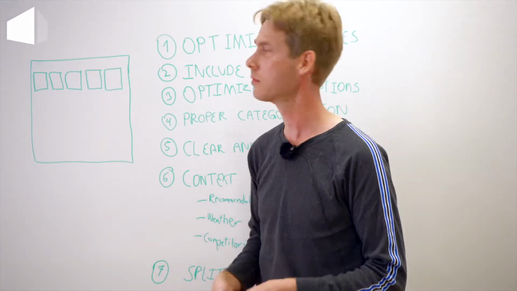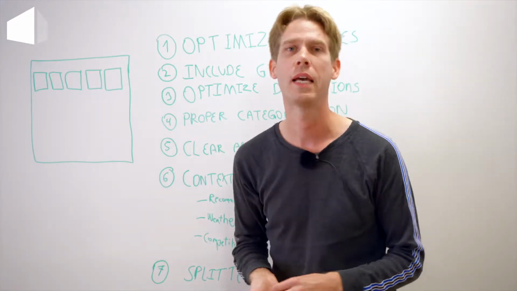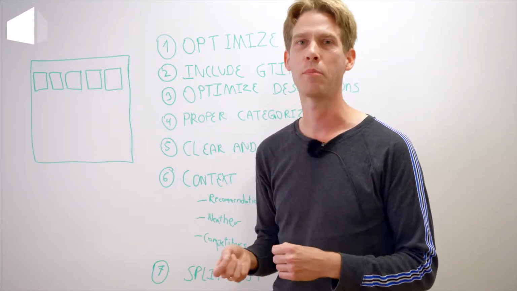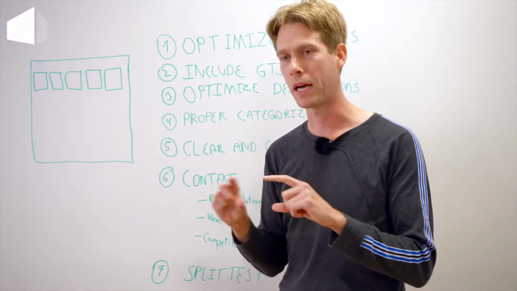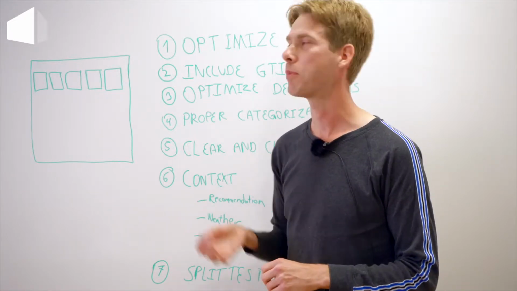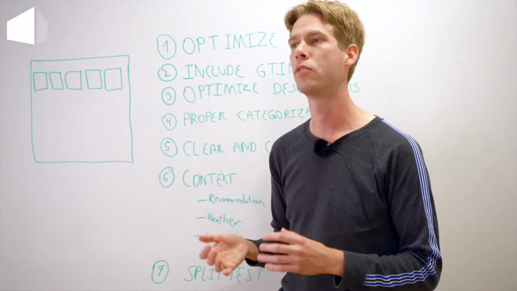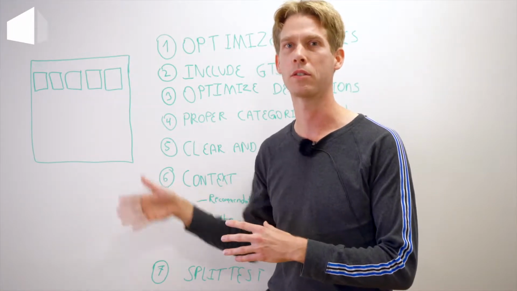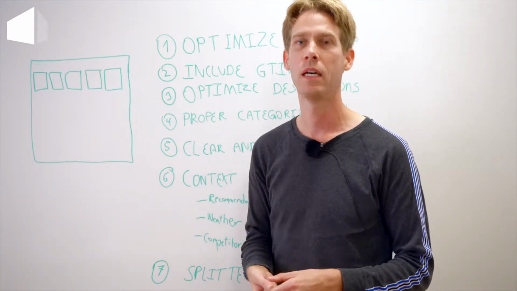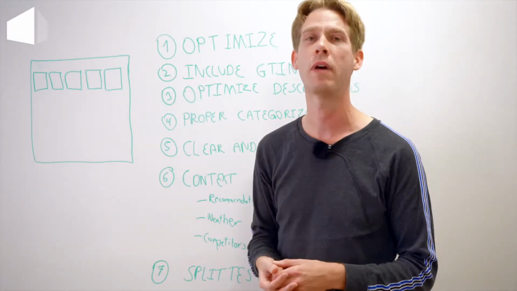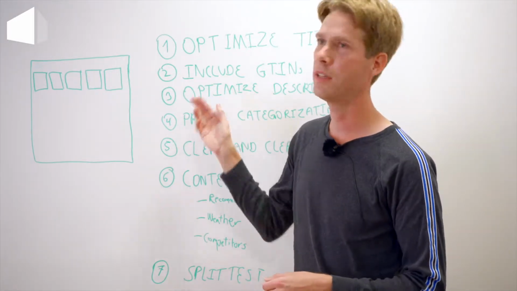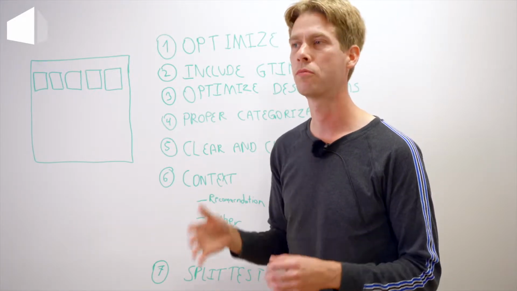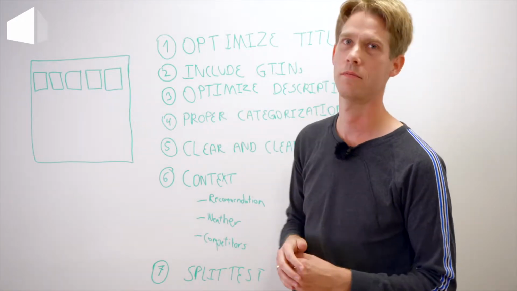Second part is to include GTINs. GTINs are the global trade identifiers that are a unique stamp that is on any product. It's that number or barcode that you see on the back of each product. And by including that into your feed, Google will know what type of product it is and be able to show you in the right context based on other competitors' products that have the same GTINs. It is something that is of tremendous value, but very few actually add them in the feed. If you don't have them in the feed, a tool like ours can enable you to put them into the feed from other sources. So it's a really, really big thing to get those added.